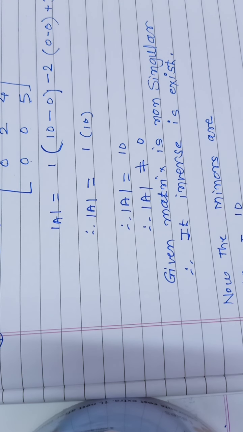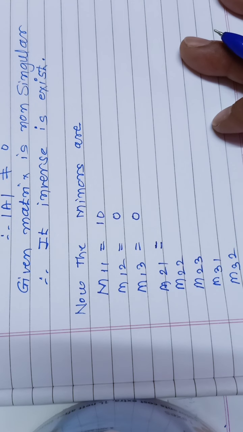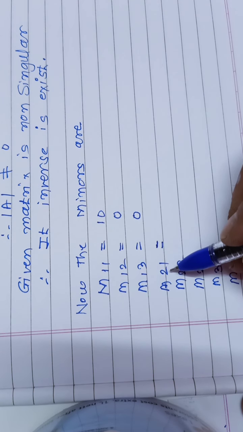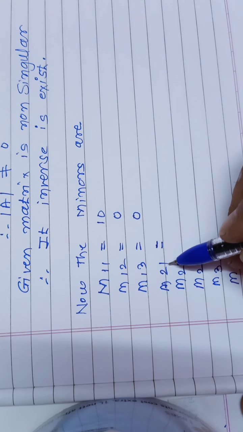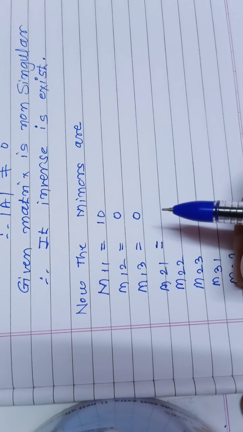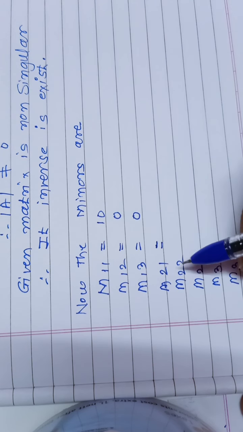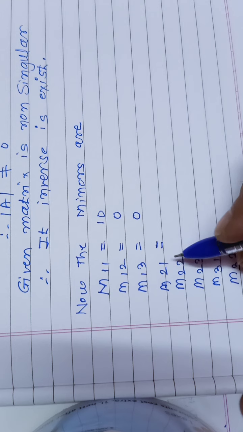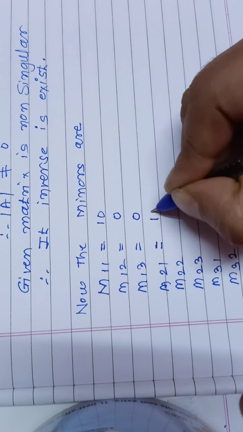Now proceeding for the minor of the element which is in the second row and first column. You have the sum in front of you. So there is 0 in the second row and first column. If you hide the second row and first column, the four elements which are remaining are 2, 3, 0, and 5. Do the cross multiplication same like a 2 by 2. So you will get 2 5s are 10 minus 0, that is 10.